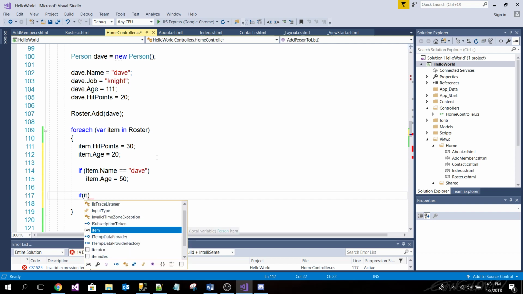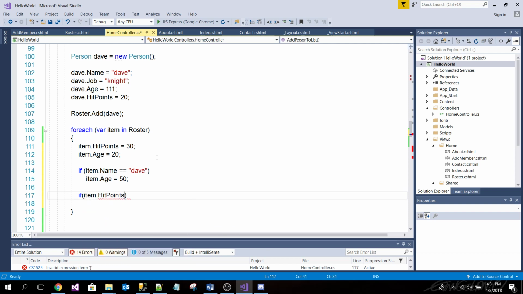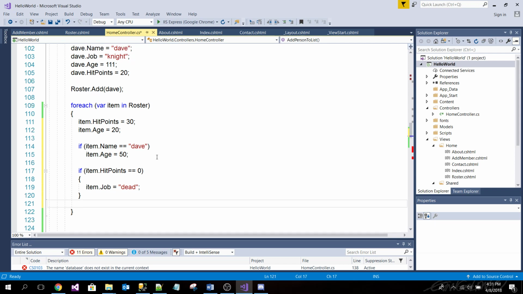Item.hit points equals 0. Nice. Equivalency 0. That's right. Then item.job equals dead. That is correct. Item.job equals dead, because you did. Nice.